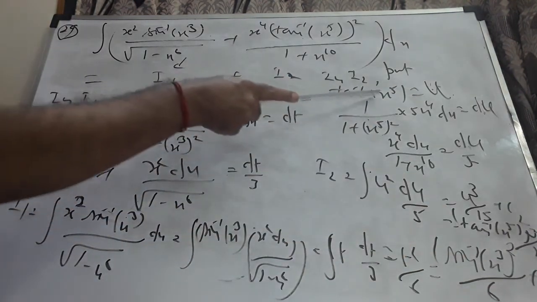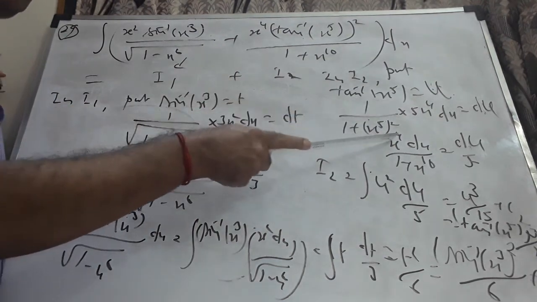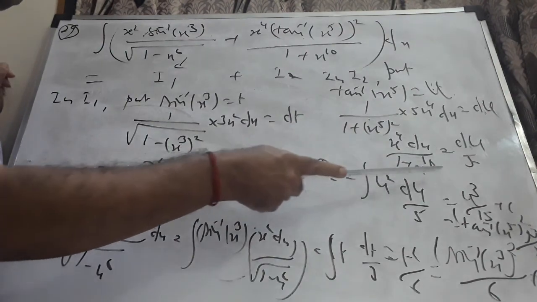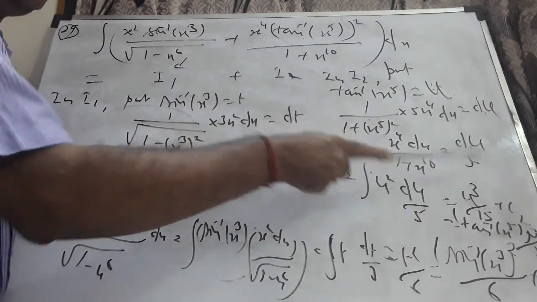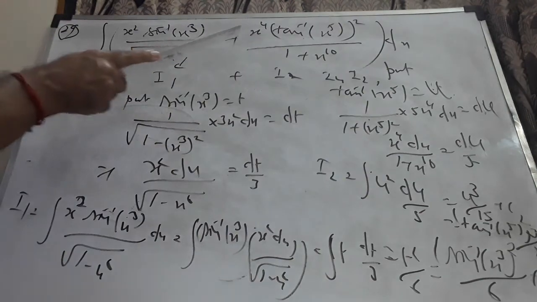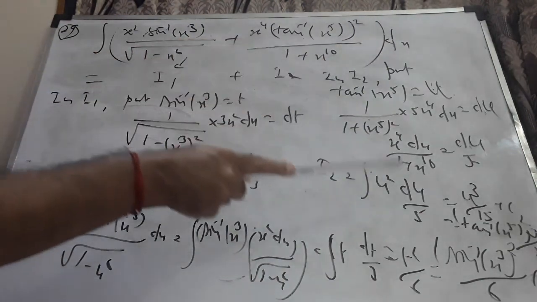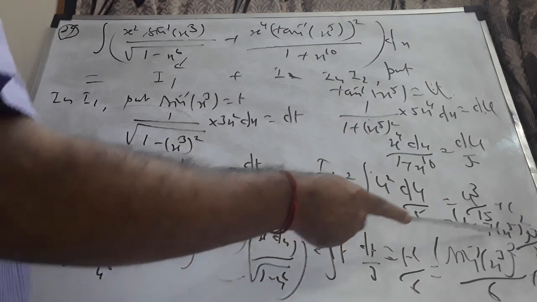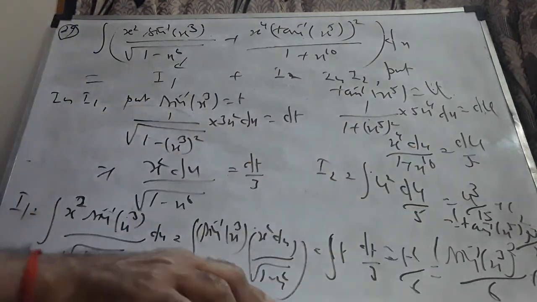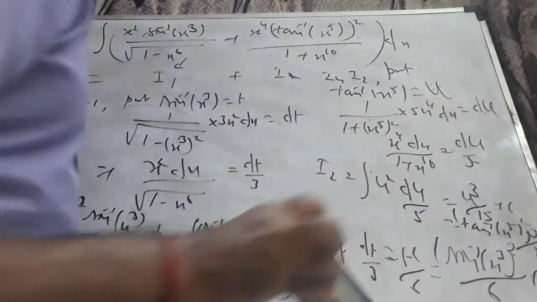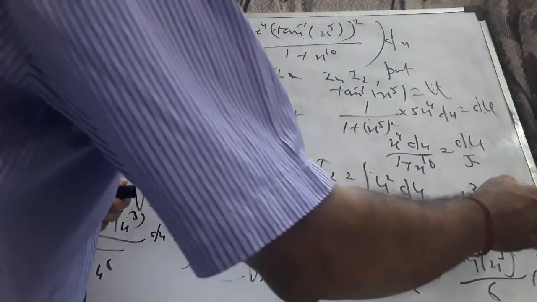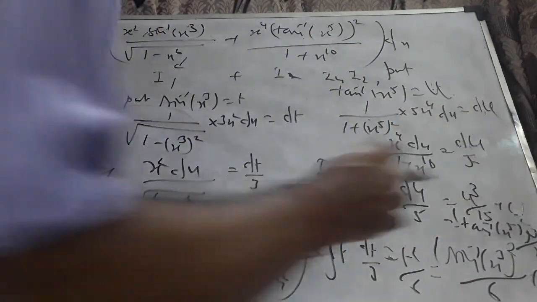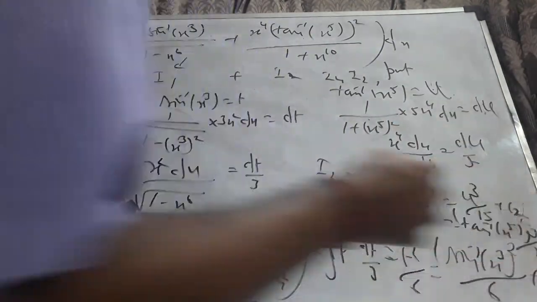Here take tan inverse x power 5 equal to u. 1 by (1 plus x power 5) the whole square into 5 x power 4 dx is du. So x power 4 dx by 1 plus x power 10 is du by 5. I will bring this 5 down. For the whole quantity here, I2 will become u square du by 5. U cube by 5 into 3 is 15. So (tan inverse x power 5) whole cube by 15. Yes, it's correct, whole cube by 15 plus c2.